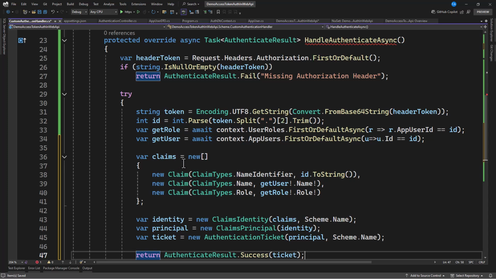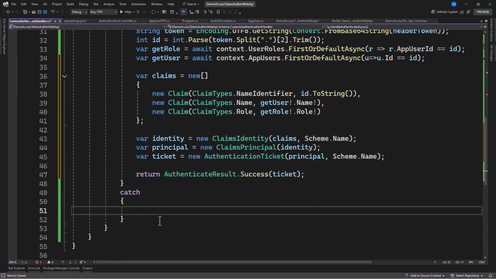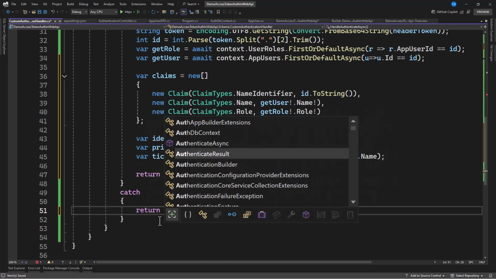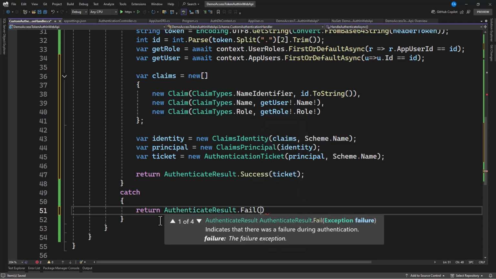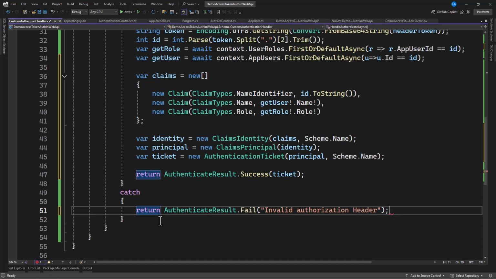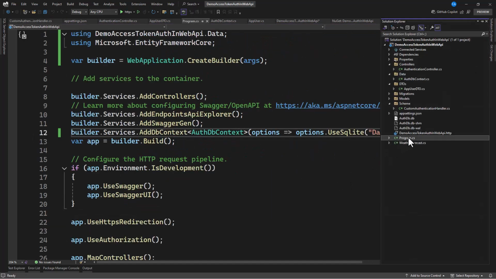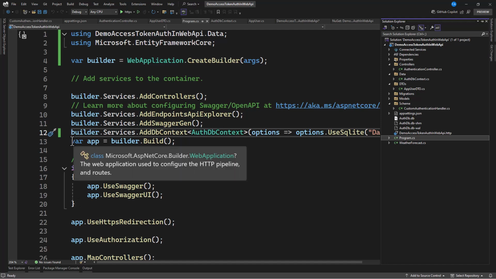But in case we do have an issue, then we're also going to return this. Authenticate results dot fail, and maybe we can have a look at this. So invalid authorization header. Yes, so now that we have this set, let's go to our program and let's have a look at how we can register this. So in our program, in here, we go to our